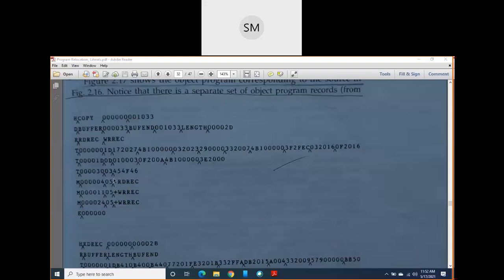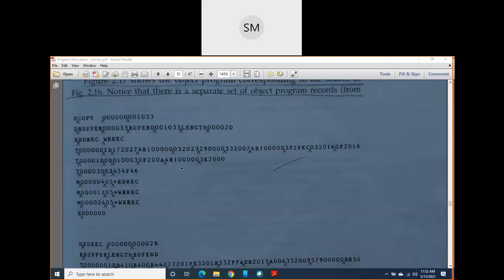Earlier, you had only this many columns. In the earlier program relocation concept, you had written only this much. After 05, you had left it, but here you are continuing as +RDREC, +WRREC, +WRREC. Explicitly, you are writing which operand should be modified. Okay. So what is that 05 indicating? Already I told you it represents the length of the address field in half bytes. So here, this is an object program for the COPY control section.